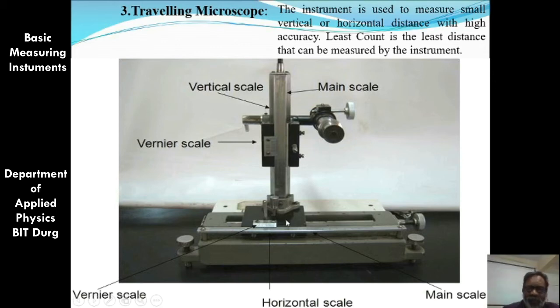In the same instrument, it is not only one vernier being used. The second vernier is this vertical vernier, because this instrument can measure the horizontal distance as well as the vertical distance, and that's why two verniers are being used, one in the horizontal direction and the second in the vertical direction. So this is the vertical vernier scale. Obviously this is going to be the main scale of the vertical scale, and this is going to be the vernier scale. The process of reading remains the same, there is no change.